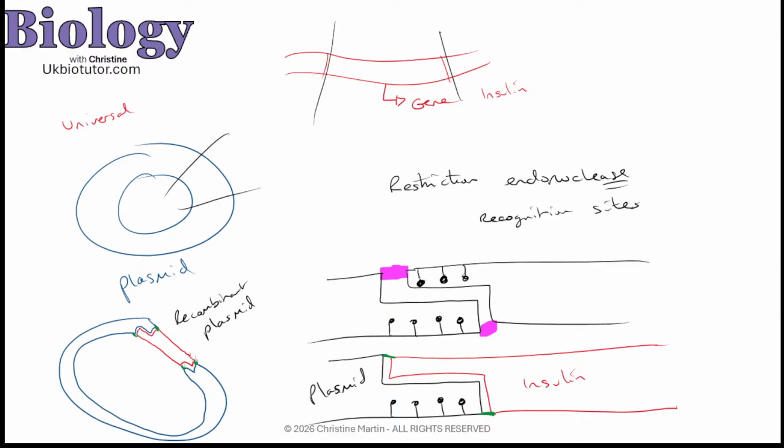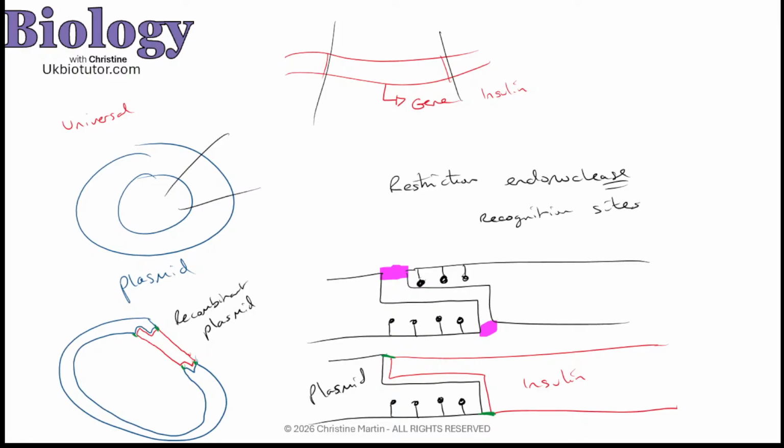So the key thing to know about genetic engineering is that the genetic code is universal, so I can take a gene from one organism and stick it into another organism. I can use ligase, an enzyme that's going to join the fragments together because of the phosphodiester bonds needed to complete the phosphate sugar backbones. I'm going to use restriction endonucleases to cut at specific recognition sites, and by doing that they're going to have these sticky ends which allow them to come together.